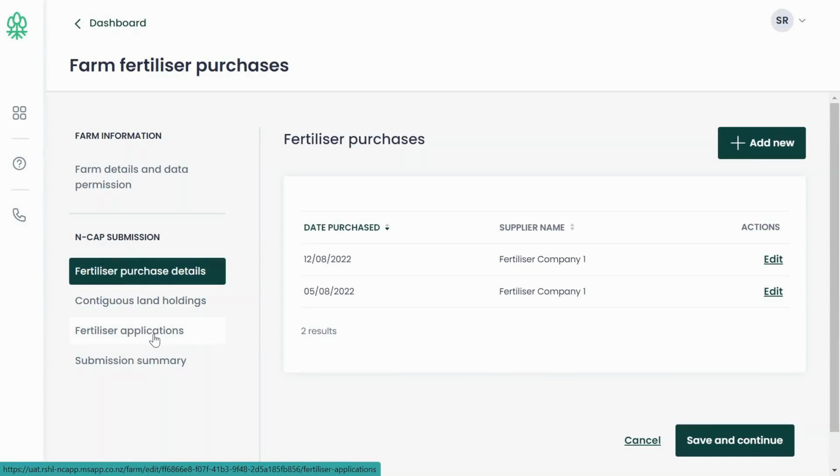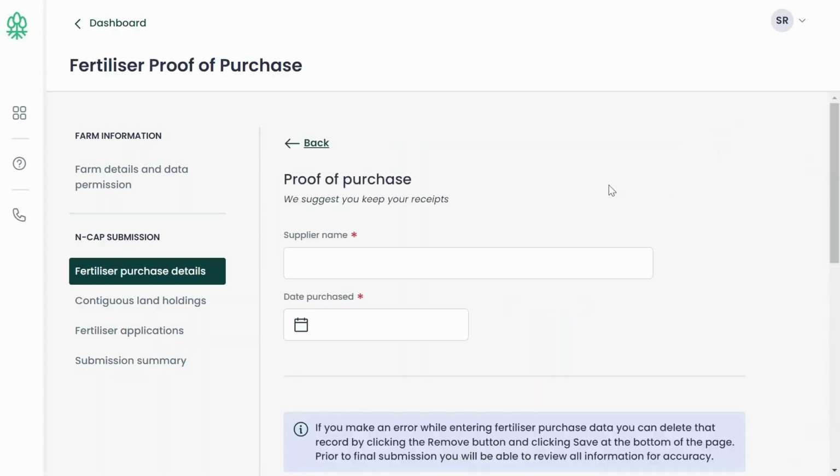So we'll start with fertiliser purchases. You'll see here I've already used this a bit like a digital diary and kept a record of those fertiliser purchases. I've made more purchases on my farm, so I need to add new, clicking this Add New button. Remembering, if you didn't purchase any fertiliser at all for the year, you can step on to the contiguous land holdings page. If you did purchase fertiliser, then you need to put in the details of the name of the